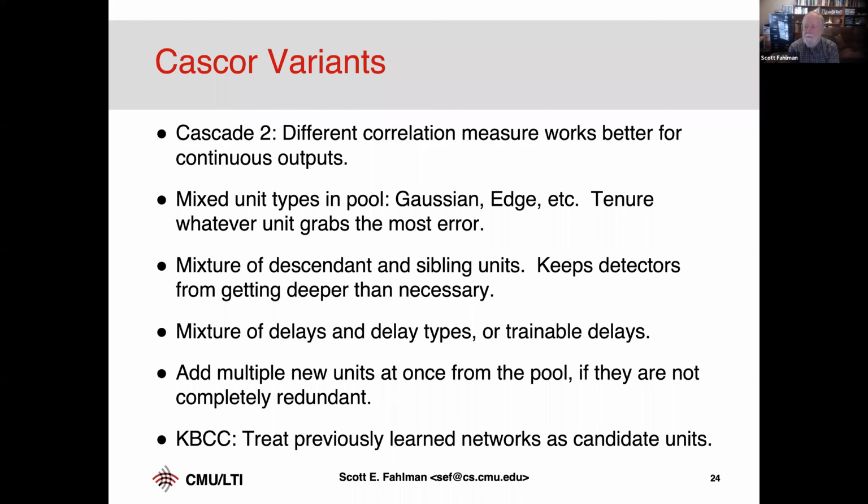You could even have some that are looking at previous things, just the raw inputs. Maybe at some point you want to have something that's just a function of that. So you could have units that are trying to make the network deeper and make use of all the existing structure and build on it, and other units that are taking another look at the inputs or just the input in the first couple of hidden units, and they're not deepening the network.